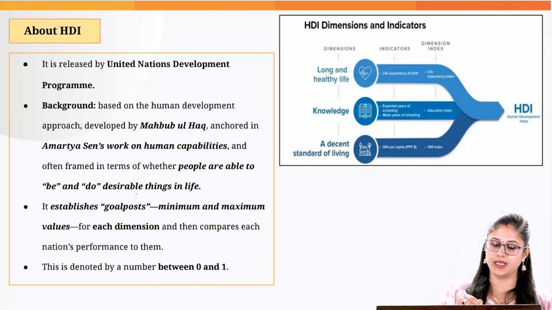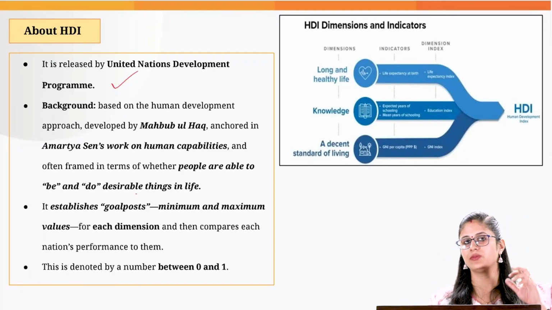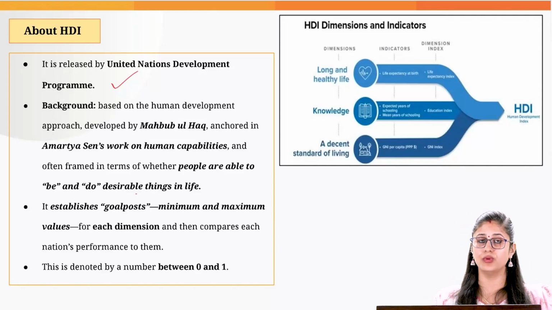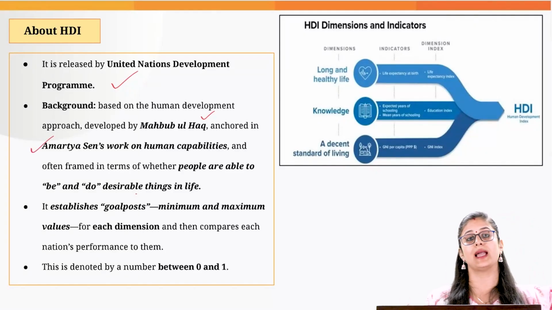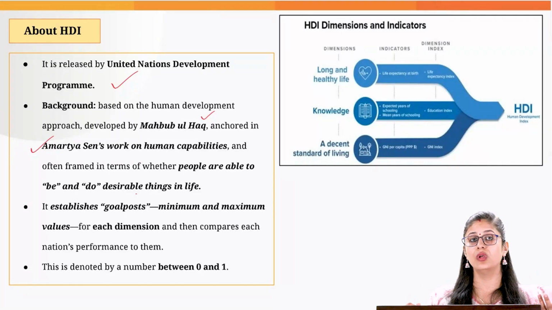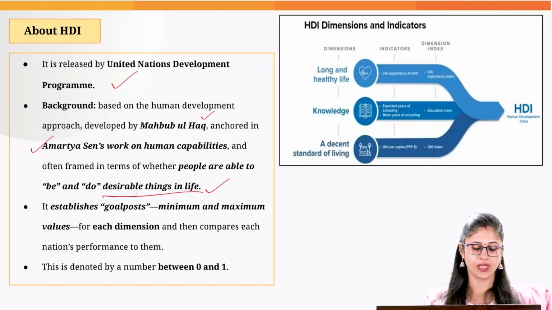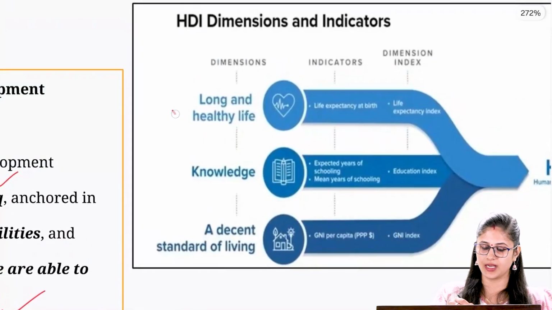So, this index is released by UNDP, United Nations Development Programme, and this index is basically based on the work of Pakistani economist Mahbub ul Haq, and it is also based on the work of Amartya Sen's capabilities approach, wherein we look into whether an individual is able to do whatever he or she wants to achieve in life or not. And when it comes to this index, we have these 3 dimensions, that is health, education